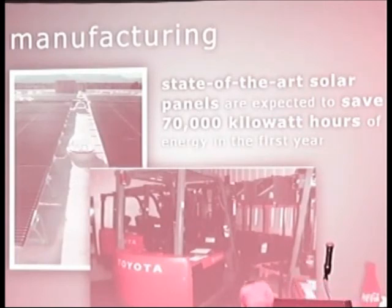I also have a picture in there of tow motors. We went from propane tow motors 3 years ago to electric tow motors, and I can tell you that saved $40,000 in propane costs. Electric went up minuscule, maybe $5,000, if that. We didn't even notice it. So you talk about a savings right there. Plus, all that carbon dioxide, we stopped that too. So that was a huge game